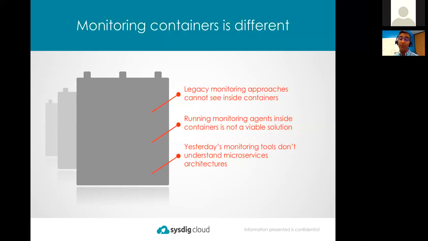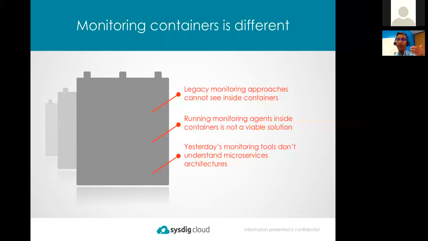It means you may not be able to use a base image off of even the Docker registry. And of course, when you're throwing more and more stuff into a container, you open up the surface area for potential attacks. Never a good thing. All right, so you can't see inside it, can't put something inside it. We got some issues here.